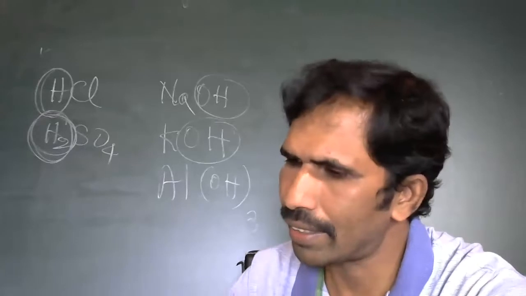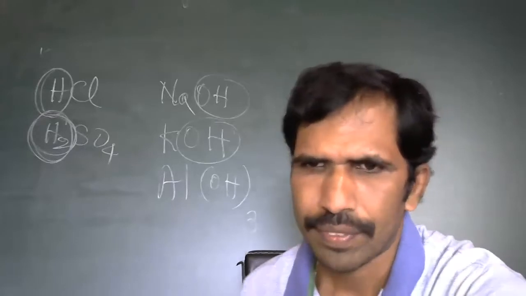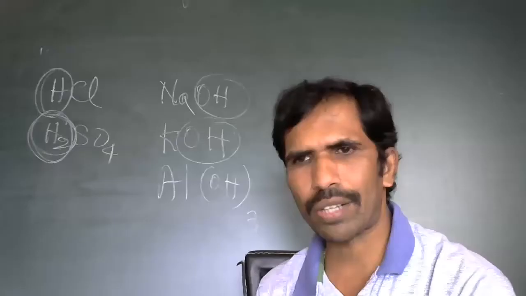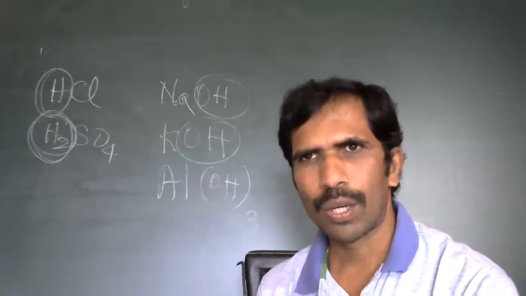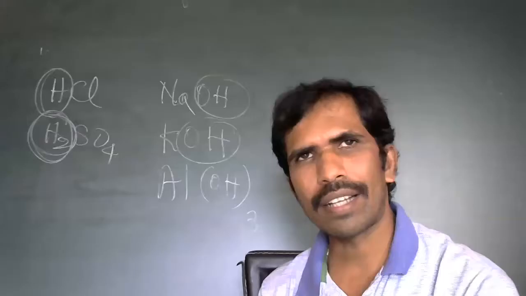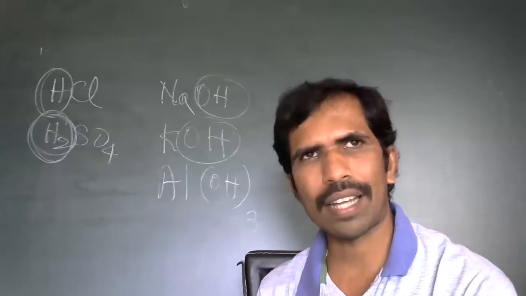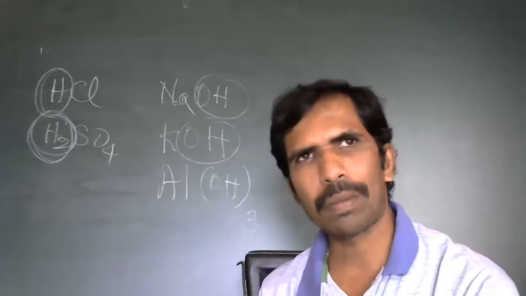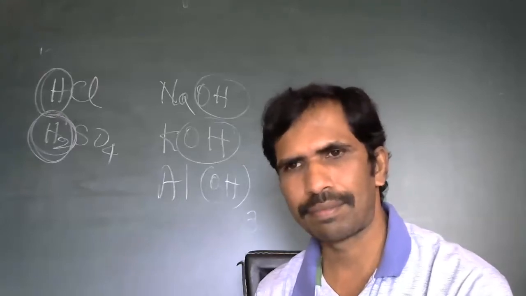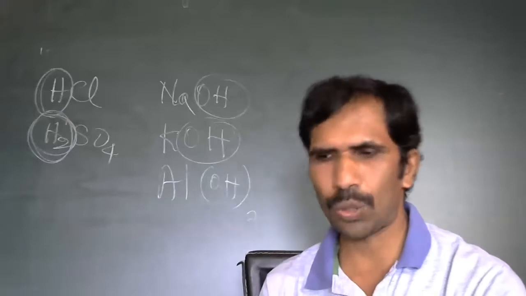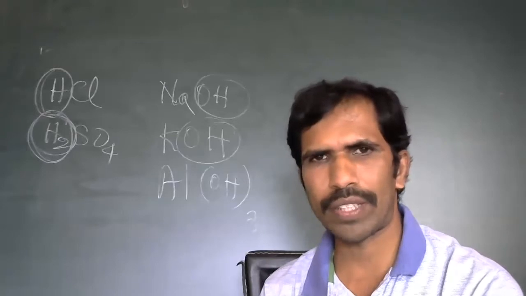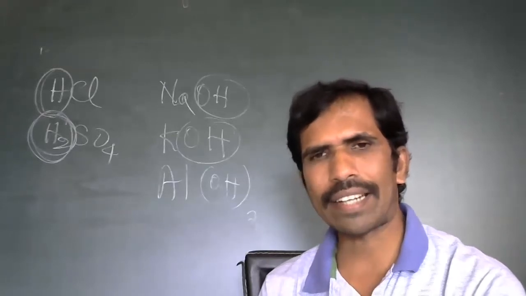Here they have taken a beaker and a rubber cork. In the rubber cork, they have put two nails. One nail is connected to one end of the battery. The wire from the other nail is connected to the bulb, and the other end of the bulb is connected to the battery. I hope you are seeing figure number 2.8. That activity shows that when acid is put in water, it conducts electricity.